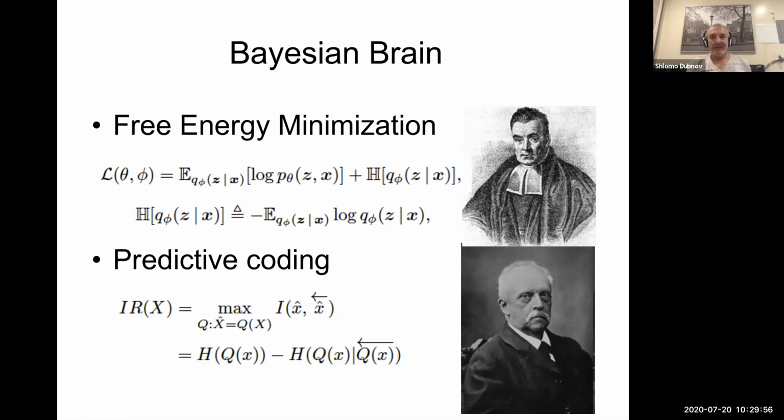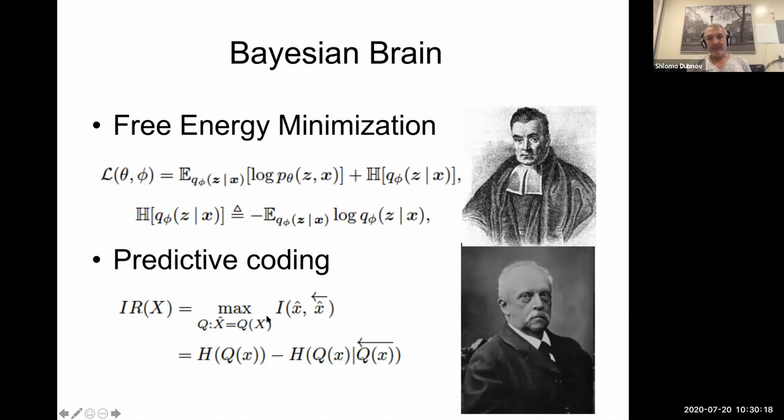in your imaginary capacity. Another aspect of the Bayesian brain is also the predictive coding, and the idea is that we actually learn by trying to predict best, and this is where the information rate, the idea of trying to maximize the mutual information between your past and your next prediction.